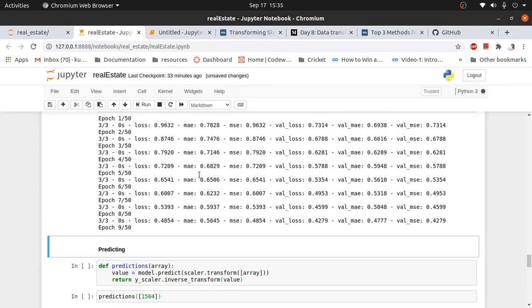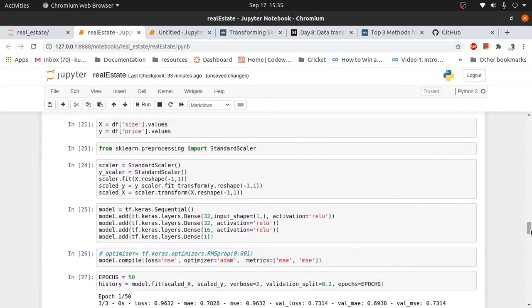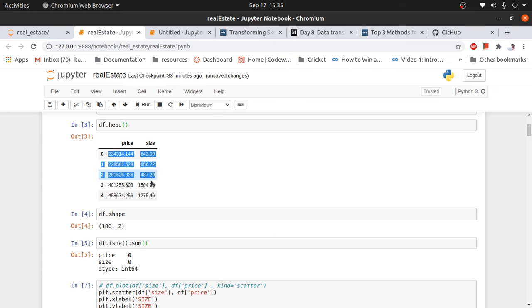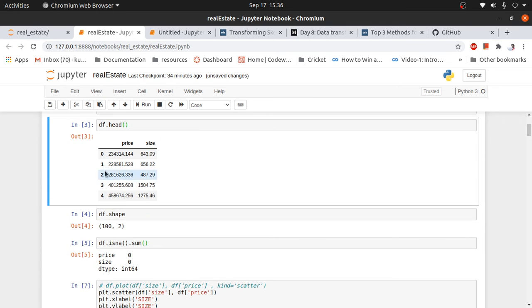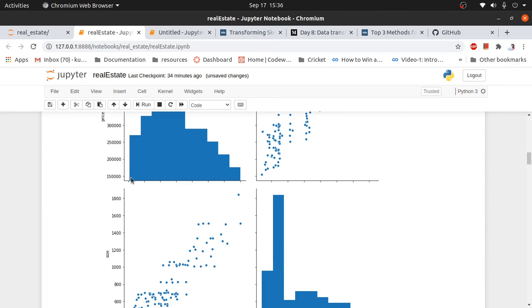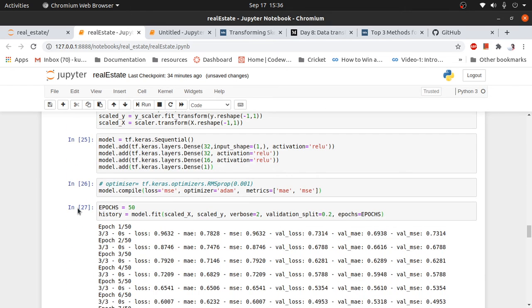See, I am not passing the transformed dataset. I am passing the scaled version of the dataset that we loaded, not the transformed version. What do I mean by that? Let me show you.